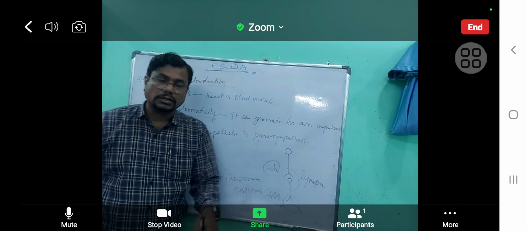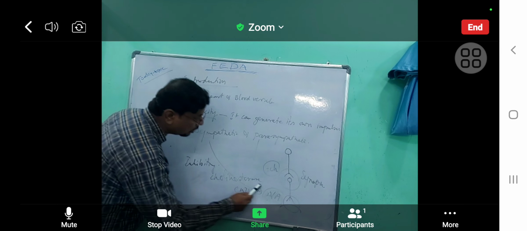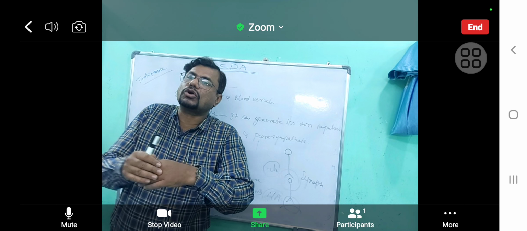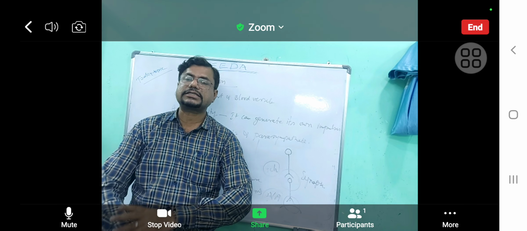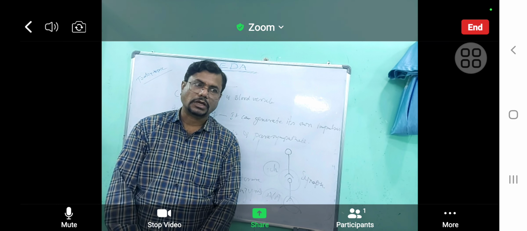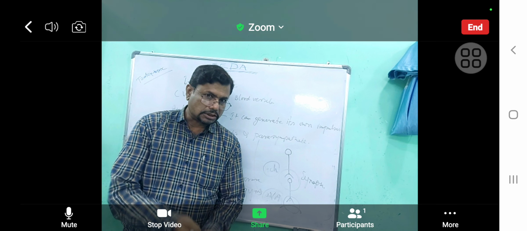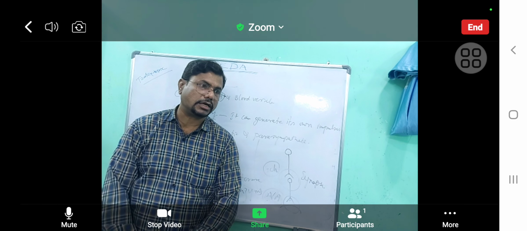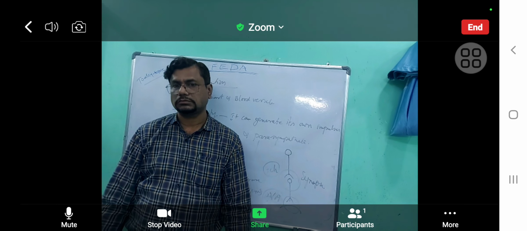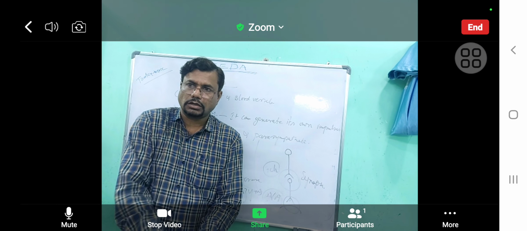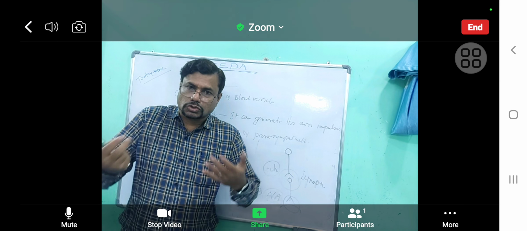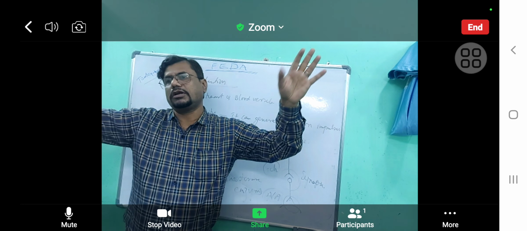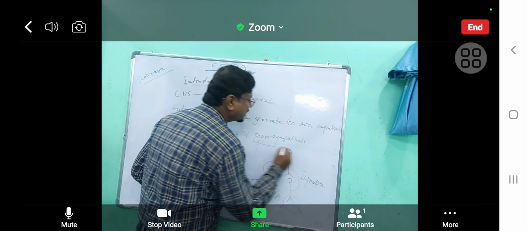What is Lycopodium doing? It has inhibitory action on the cholinesterase enzyme. It stopped the action of the cholinesterase enzyme. What is cholinesterase doing? It is breaking acetylcholine. When we stop the cholinesterase enzyme, what will happen to acetylcholine? It will increase, because it is not getting broken down. So the concentration of acetylcholine increases. As acetylcholine increases, parasympathetic activity